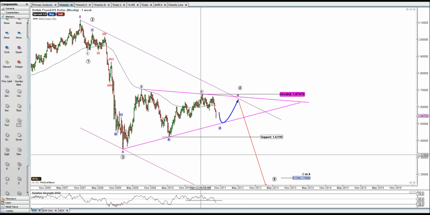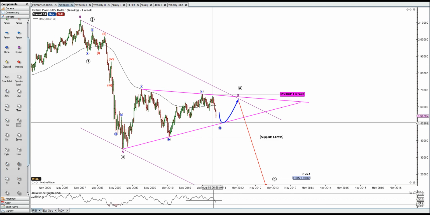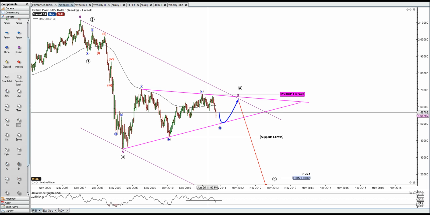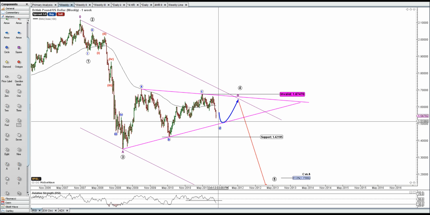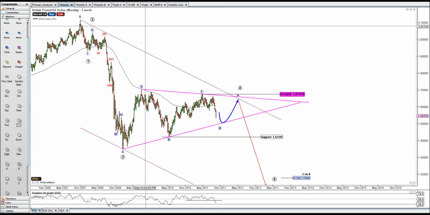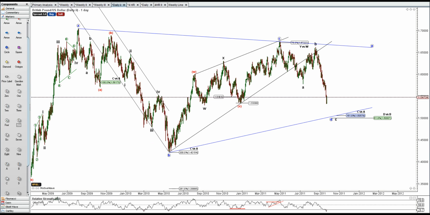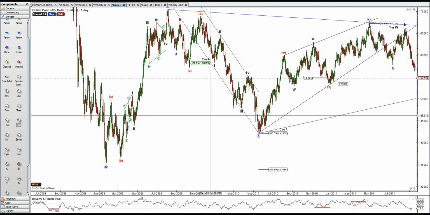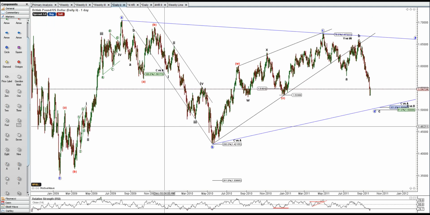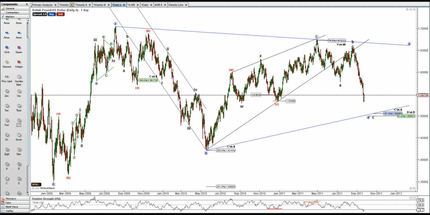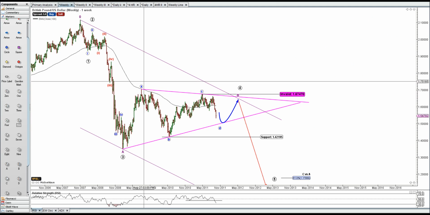As far as the D leg goes, right now I have an A, B, C for A. This is a B, and this is C. Okay, and then for A here,